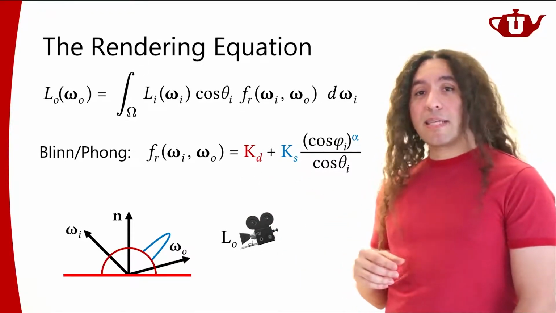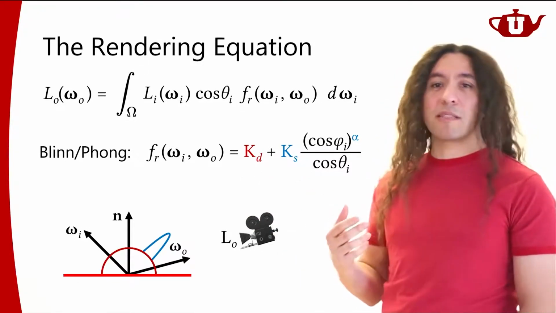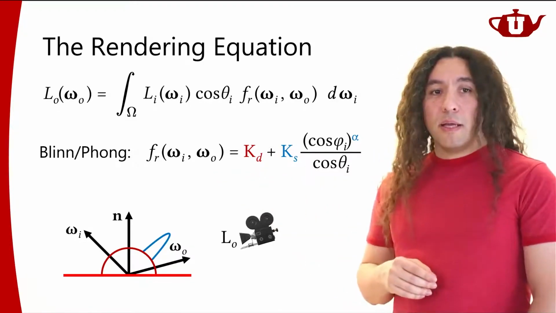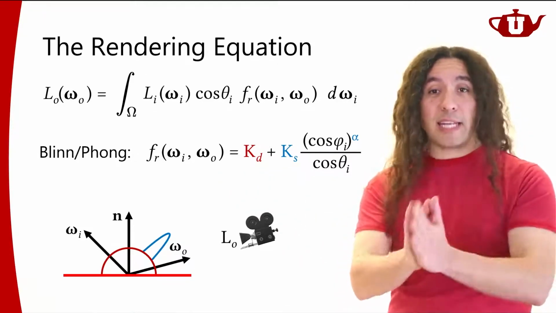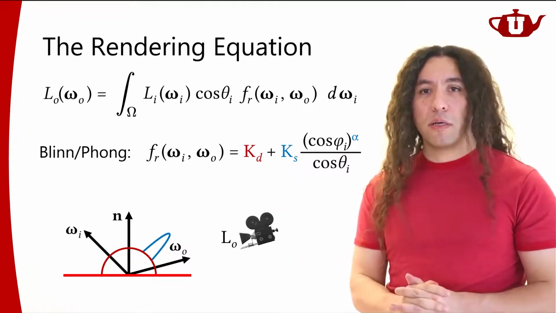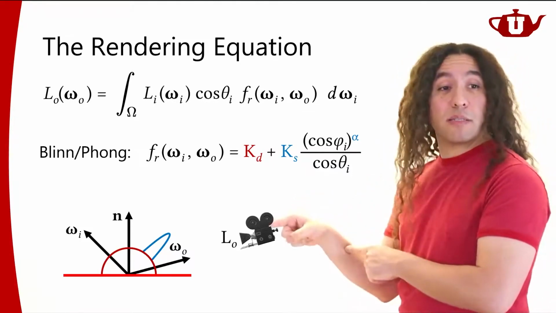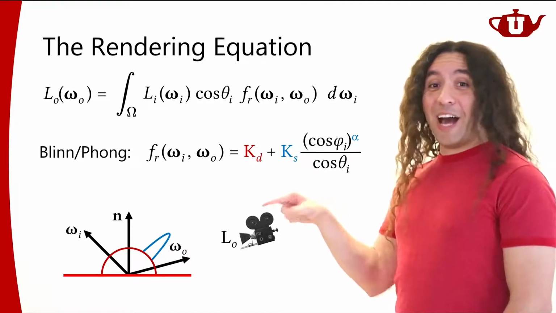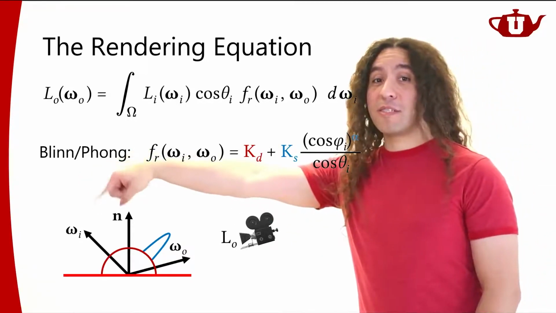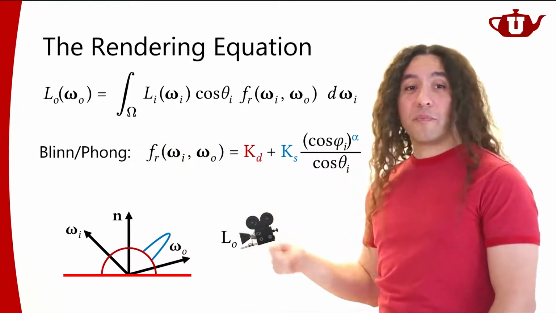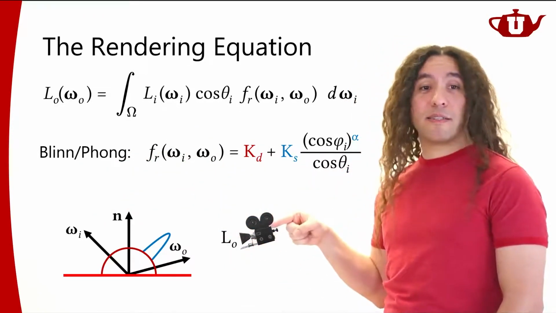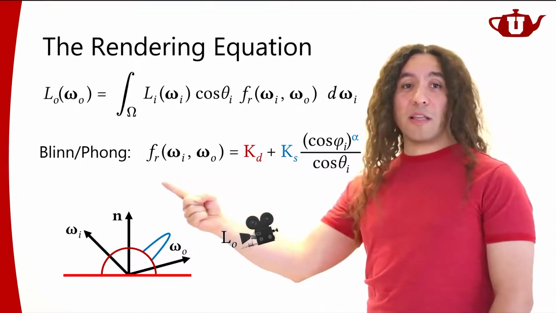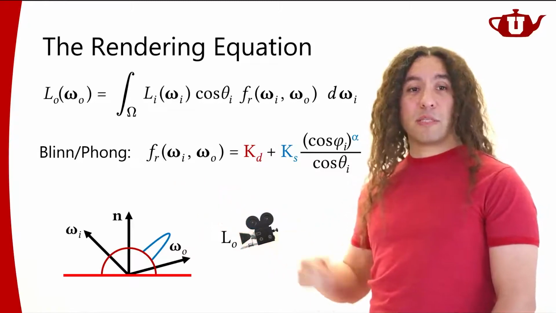And in the end, how realistic is it going to be? It's going to depend on what kind of model you use for generating your BRDF function, right? So the best thing we can do if you want a very realistic looking image is to just measure this. I can shine a light on a surface from all directions, and then measure the reflected light in all directions, and I can actually measure the value of this BRDF function.